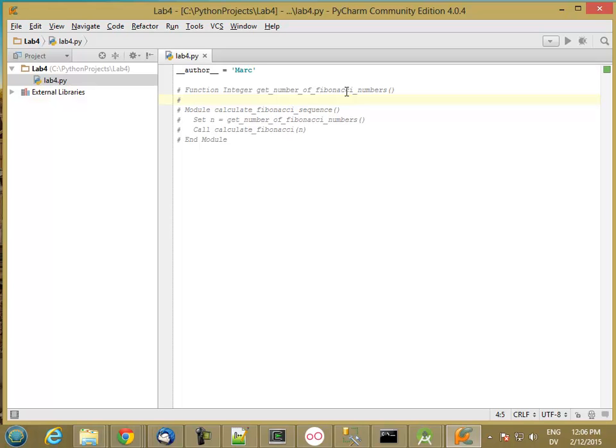Otherwise, I'm going to ask the user to re-enter the number. So let's get input, which is a string. So display prompt. And then we'll input